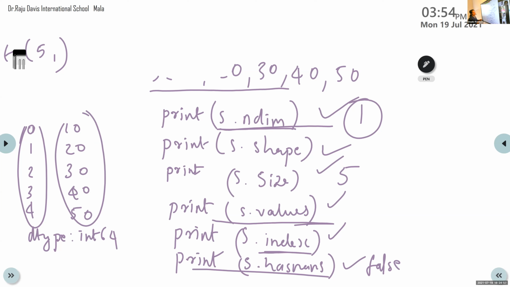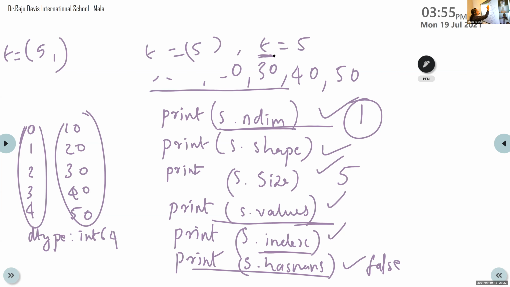A single value tuple is represented by writing the single integer value within round brackets and giving 1 comma also. Then only it is treated as a tuple. Otherwise it is just like t is equal to 5, which means t is a normal variable, not a tuple.